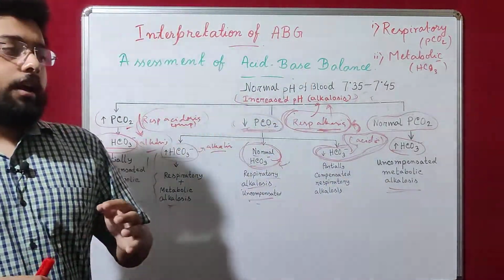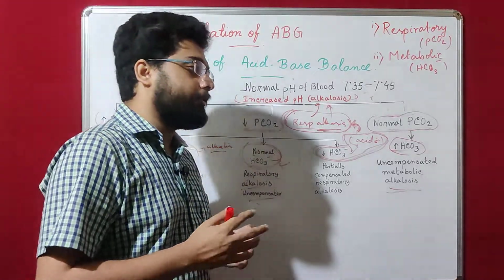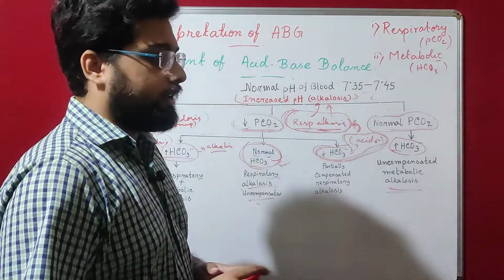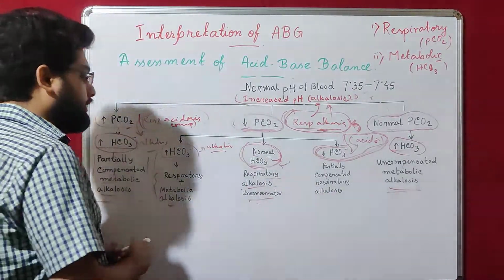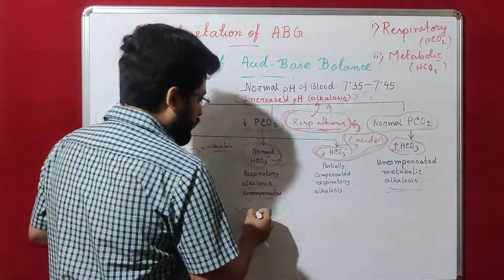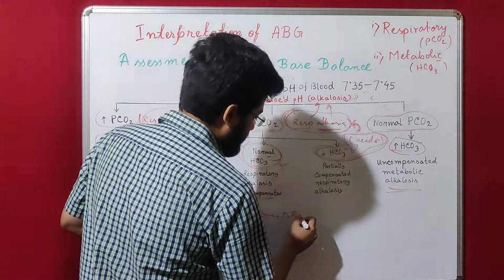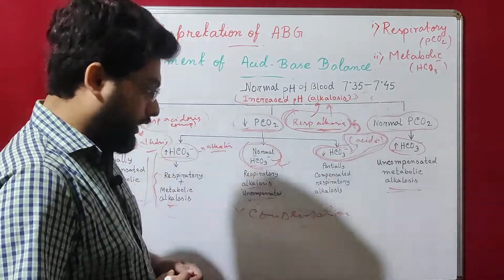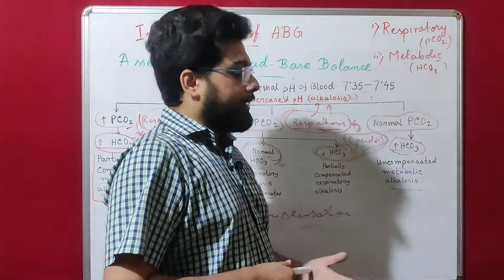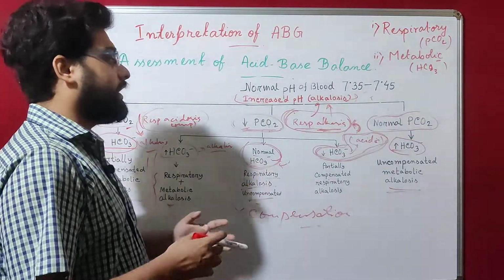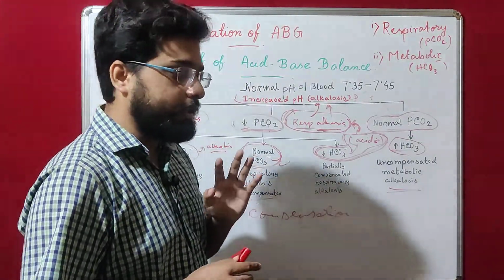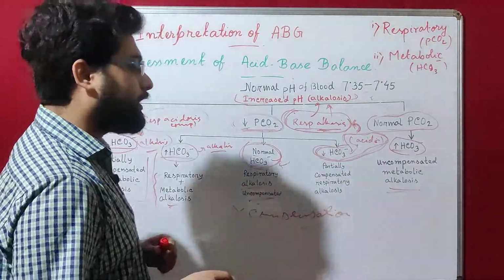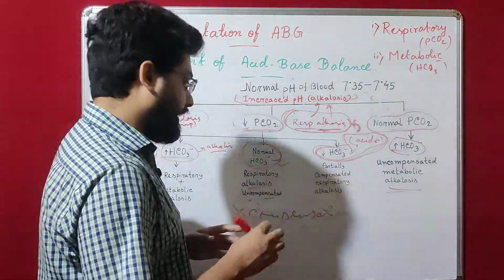But as perfusionists, can we see this compensatory mechanism inside the OT when we are operating cardiopulmonary bypass? The answer is no. There we can see no compensation during cardiopulmonary bypass. Why? Because this compensatory response of the body will obviously take some time. It is not acute. It is not like there is acidosis and the body is responding and compensating at once. It takes some time.